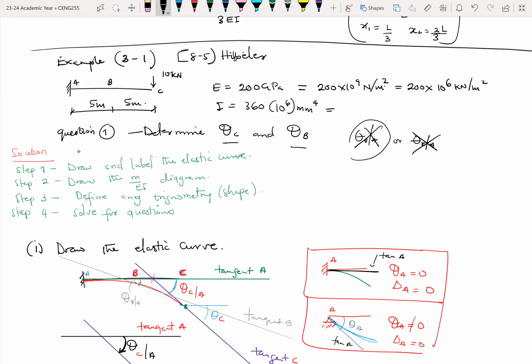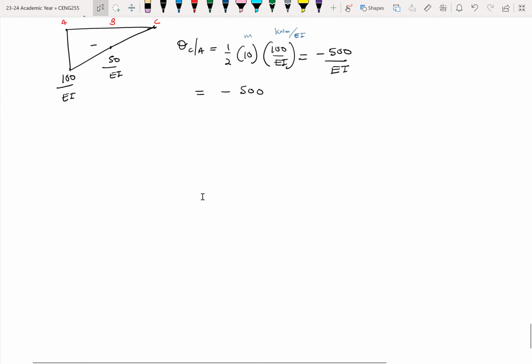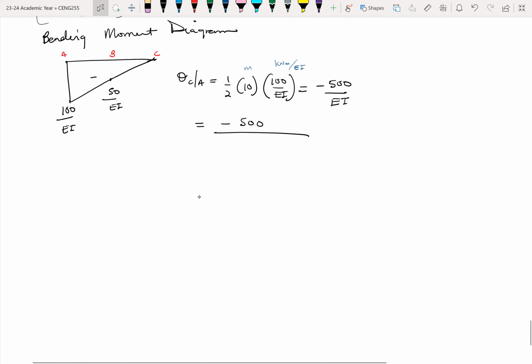I need to convert it into meter exponent 4. So it becomes 360 times 10 exponent 6 times 10 exponent minus 12 meter^4. So this will give me 360 times 10 exponent minus 6 meter^4. We've gone through some of these examples already on how to do these conversions. So it means that my E would be